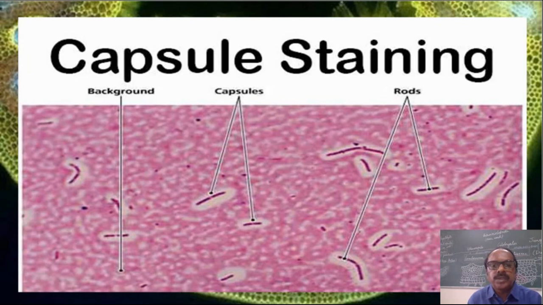What you are seeing here on the screen, the bacteria where the background is stained, and you can see the capsules that are stained and the rod-shaped bacteria that are stained. The background appears white in color, which is stained. So this is called capsule staining. Here only the capsule, the outer layer of the bacterial cell wall, is stained, and this is another method of staining. So that is about the different methods of staining bacteria that are normally used in a microbiology lab, and